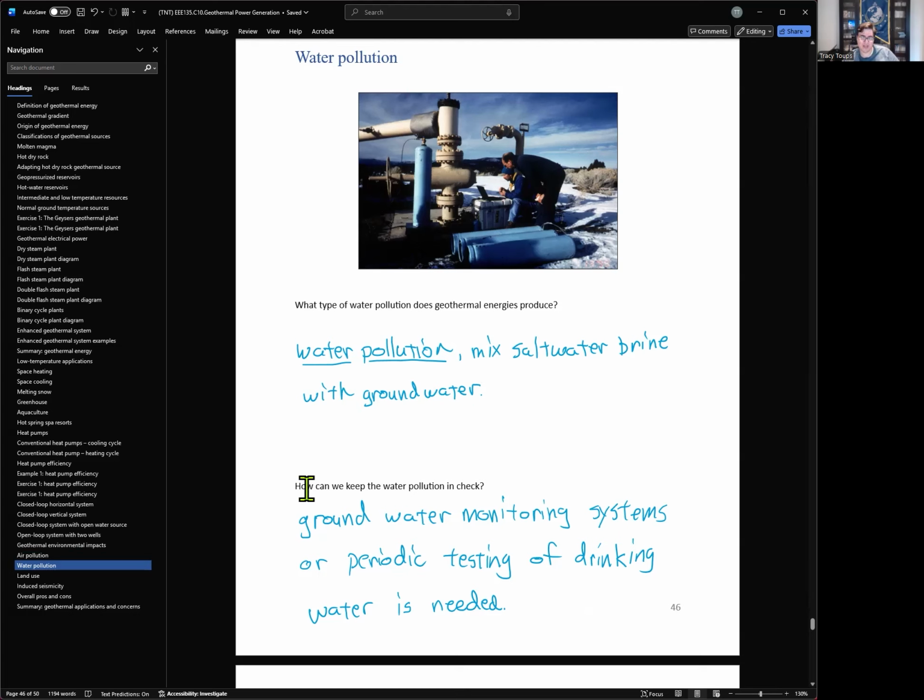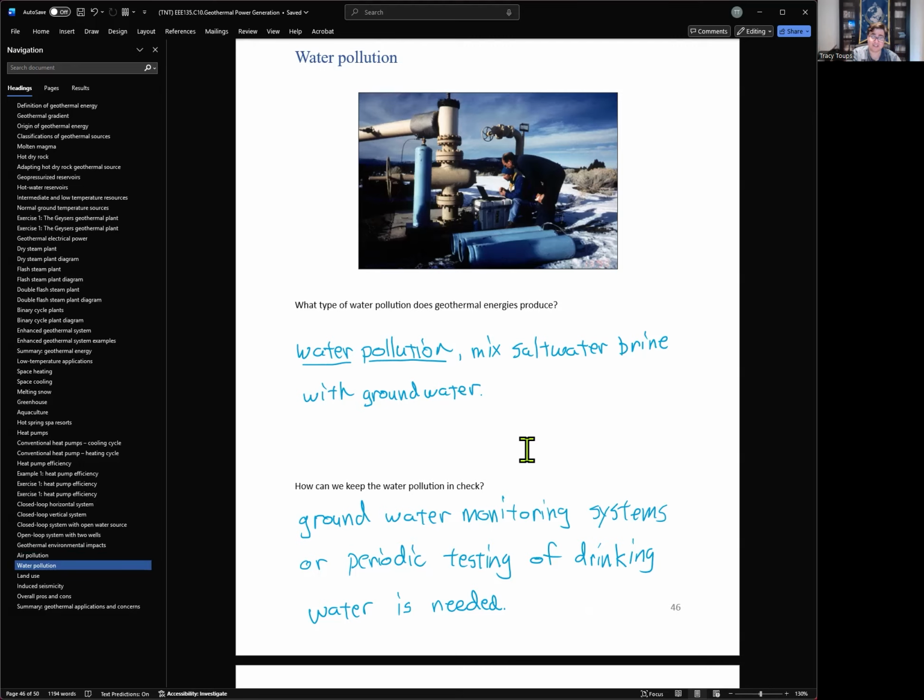Okay, so there's some issues with this. So the question is, how do we keep water pollution in check? Well, in today's world, because we care about our environment a lot more, we put in groundwater monitoring systems. Kind of like the guy has here, around a geothermal site, maybe a couple miles out, you would drill deep and put in a water pipe, and you will pull the water out of that area, and you'll have equipment to constantly test it to make sure that we're not putting too much salt water or other chemicals in the surrounding water. So basically take your geothermal site, surrounded by a bunch of monitors to make sure the water stays